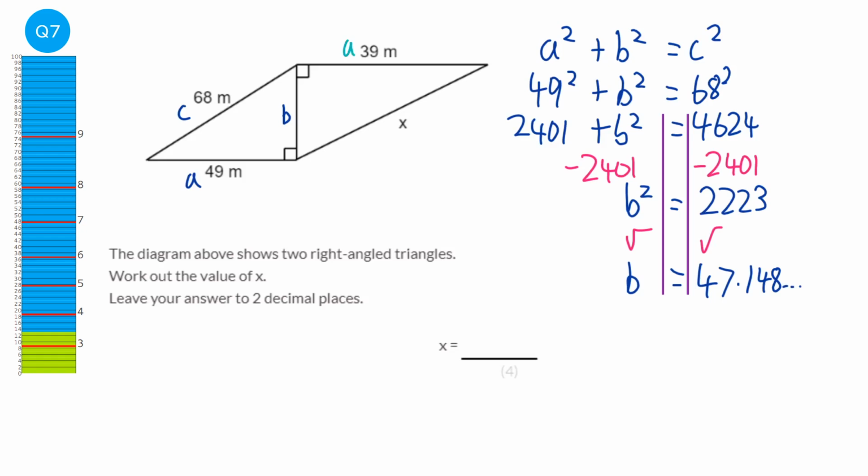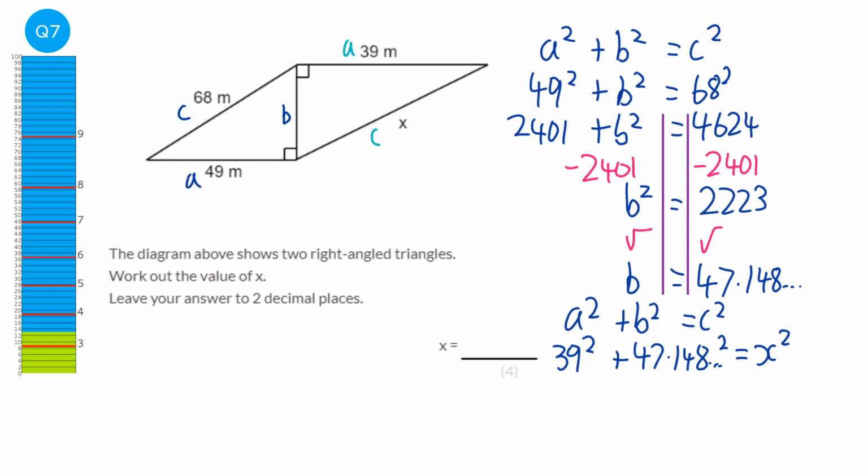Okay, we're now looking at the second diagram, and this time we're going to have a, we've got our b, and we're going to call x the c. So it'd be a squared plus b squared equals c squared, but this time a is 39. B we are given as 47.148. We've just worked that out, and we're looking for c. In fact, we can call it x now. Okay, so we need to square that. So we do 39 squared plus 47.148 squared,